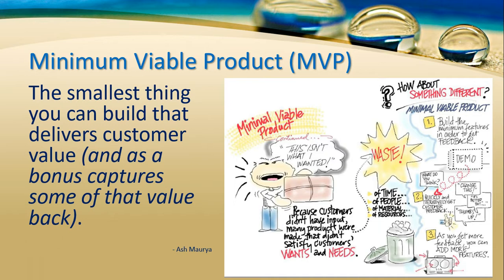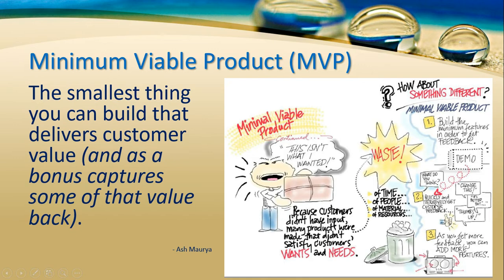Therefore, there should be something different you can take so that your minimum viable product will work out best with your customers. And aside from the mentioned steps here, you need to ensure that your potential customers are engaged and involved in the making of your product. So for the steps, we need to build the minimum feature in order to get feedback. With that, your expenses won't be too big because you are only building a minimum feature. So you won't spend much in terms of time, people, material, and resources.